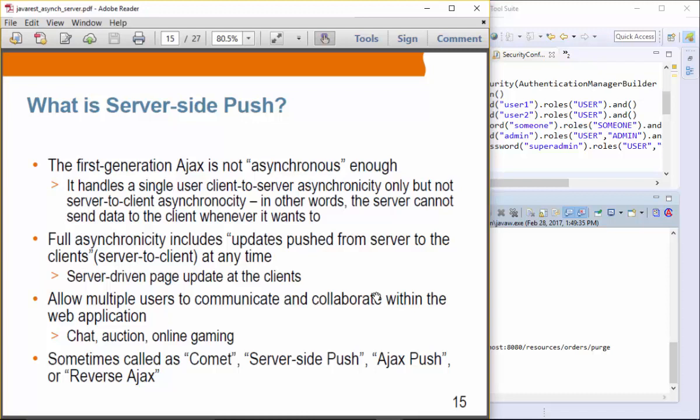So let me explain what server-side push is all about. Okay, the first generation AJAX is not asynchronous enough. It handles client-to-server asynchronicity only, but does not handle server-to-client asynchronicity. In other words, the server cannot send data to the client whenever it wants to. Okay. So that is the first generation AJAX, which handles only one direction of asynchronicity, from the client to the server, but it does not handle server to client